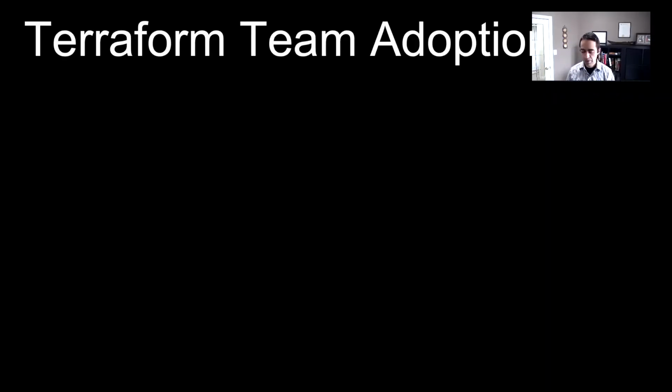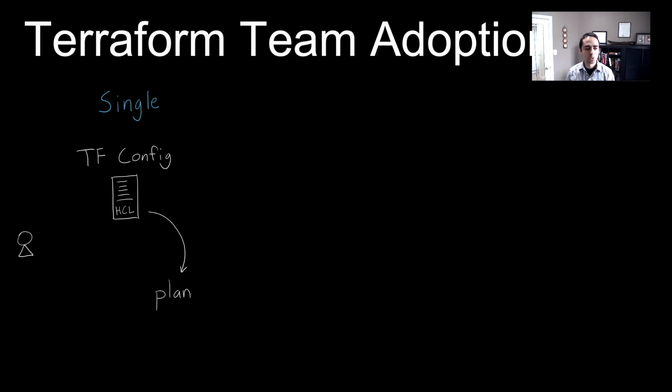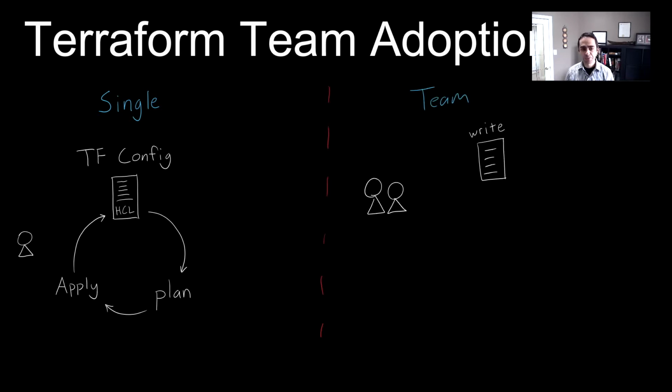Let's dig deeper into what a typical team adoption looks like. In the very beginning, for individuals, Terraform open source is quite suitable, where you have an individual contributor that wants to run Terraform, run the plan, run the apply, and deploy the infrastructure, and ultimately continuously do that. You have the state file that runs on the user's machine, but then you move into teams where you